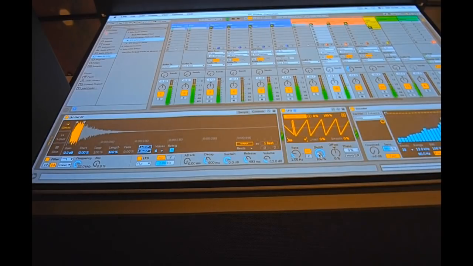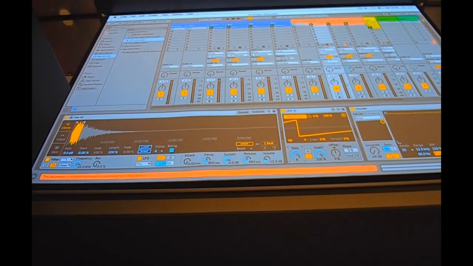And now I can even use this in my arrangement. So if I sync this to, for example, 8 bars, it will slowly turn this release up while we're playing the track. So it will build tension and you can play around with that.